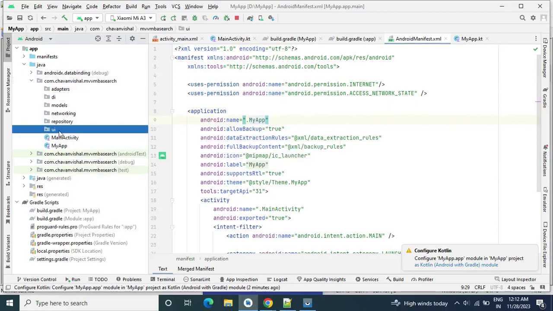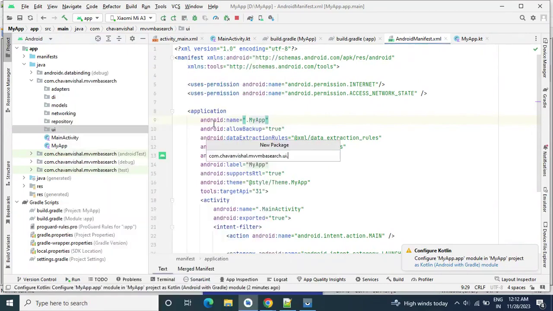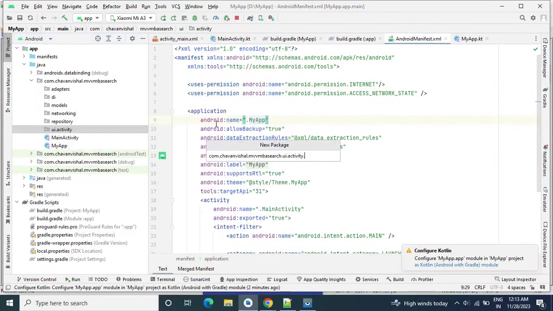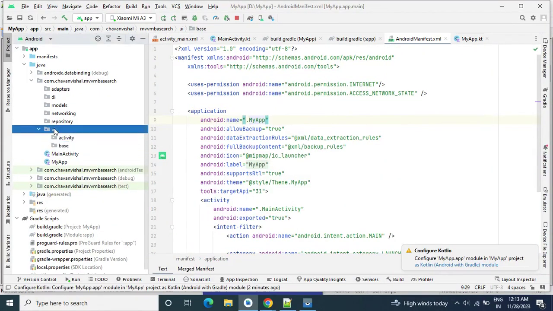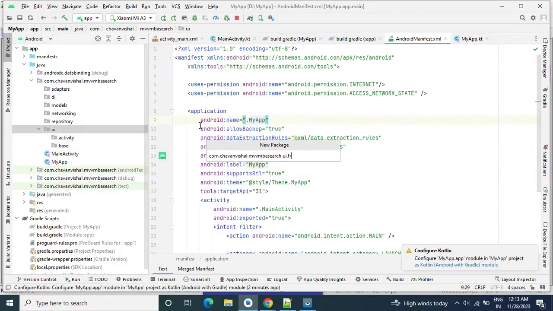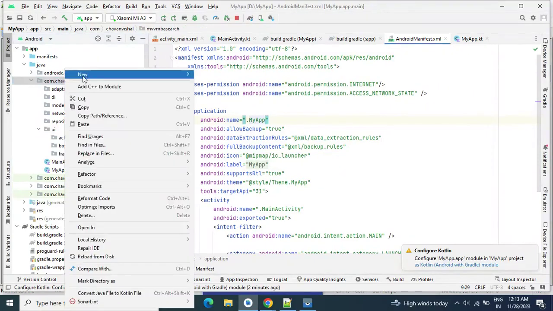In this package we will create three more packages: one for activity, second for all our base classes, and third for our fragments. Now we will create a package for all our utils files.